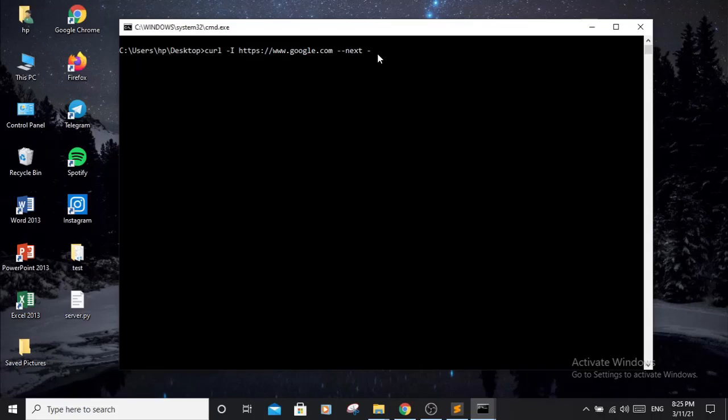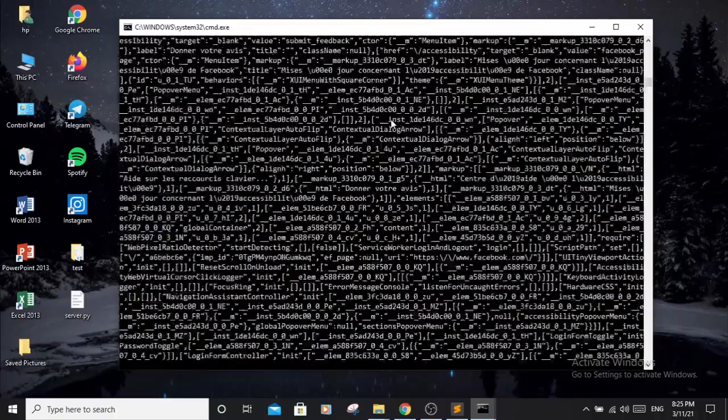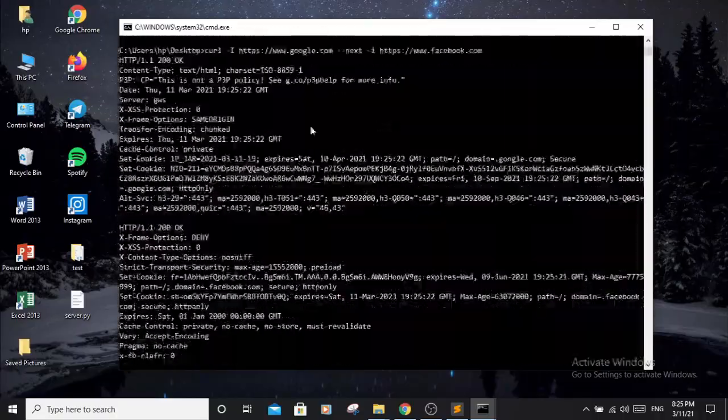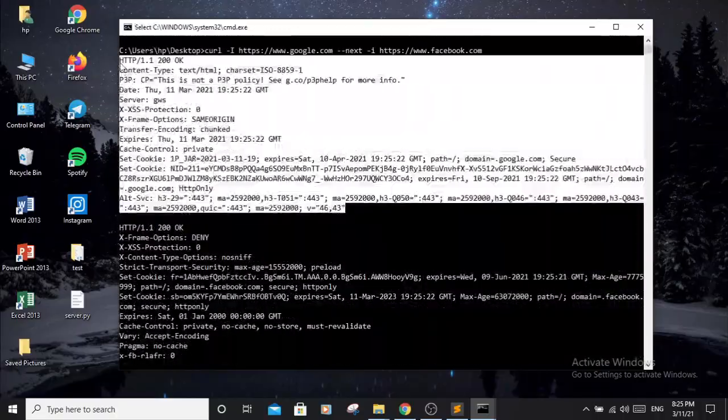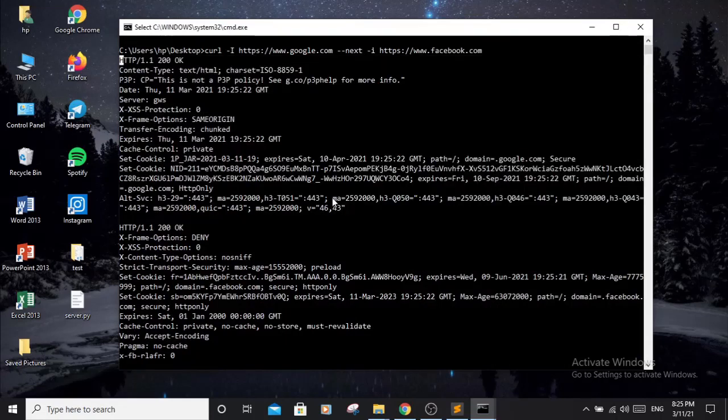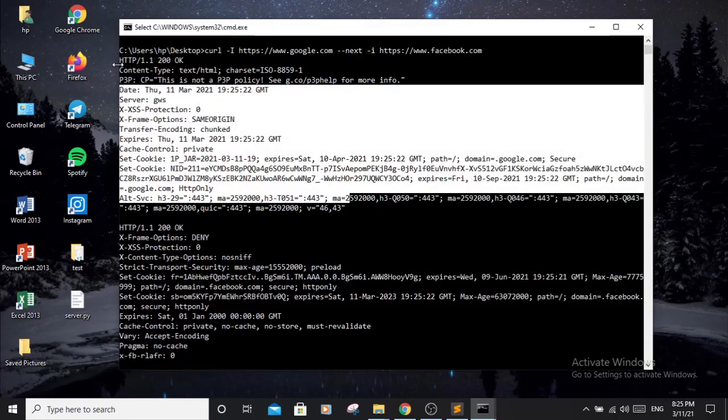Let's say we want to output the response and the headers, so we use the lowercase i, https://www.facebook.com, hit enter, and as you can see, for Google we got only the response, the headers I mean, and